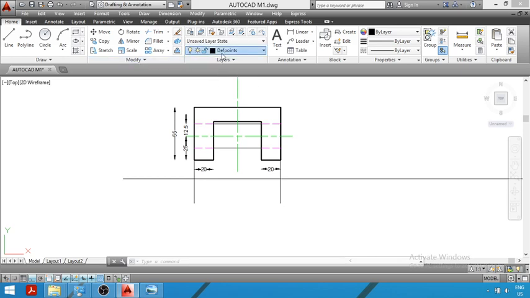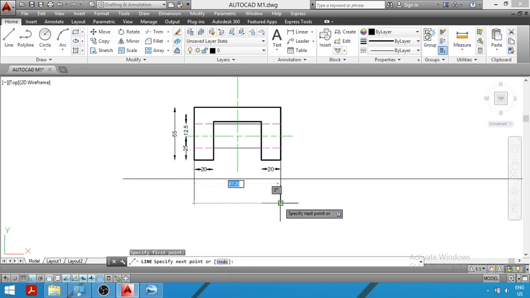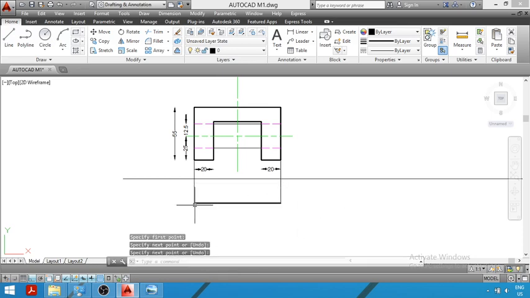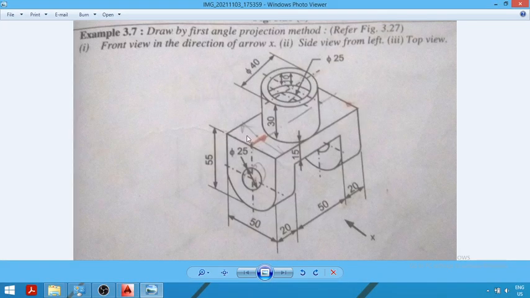Now, in the next step we will draw the rectangle. So, for drawing the rectangle, you first have to join these two end points. So, we have drawn a dark line joining this left point and this right point. Now, we already know that the width of this rectangle, that is this distance from here to here, is equal to 50 mm.